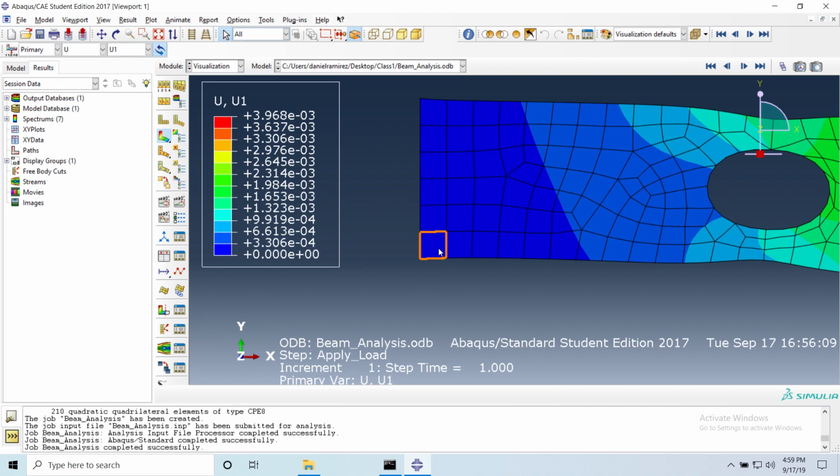No, you will see the. You said we only use the field output. But history output is more like for a particular set. So for example, if you have a crack, for every time increment, you're gonna ask Abaqus to compute the strain energy release rate for the crack, and that requires a lot of computation. So if you don't tell Abaqus in your history output request to compute those quantities, you are not gonna do them. But the base ones, which are the displacements and strains and stresses, yes, they are gonna be